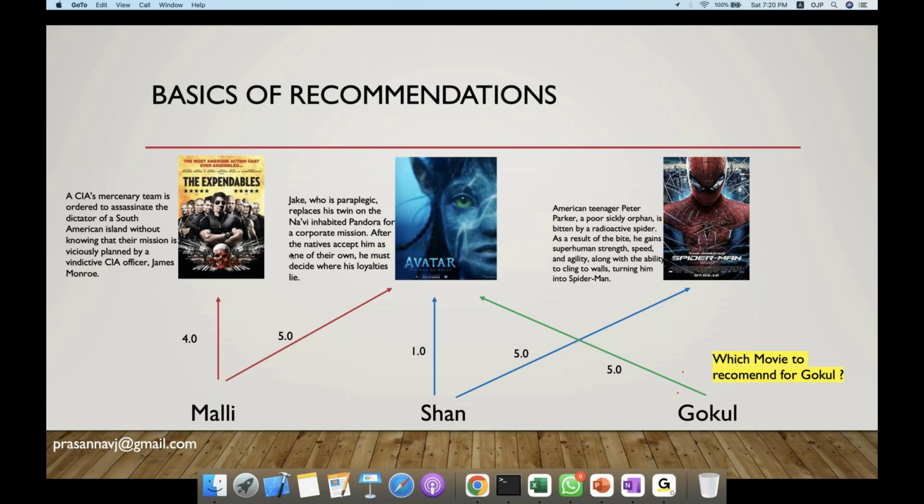And if I understand what this Avatar movie does, because Gokul has already watched it and rated 5, if I can identify any other movie which matches the content of this movie, then he will like that as well, right? Here in this case, we are taking the content of the movie,